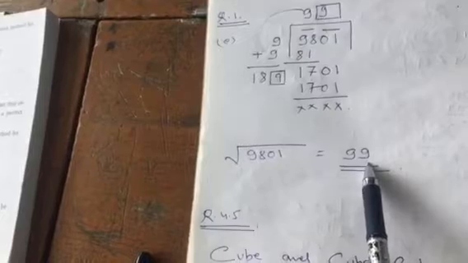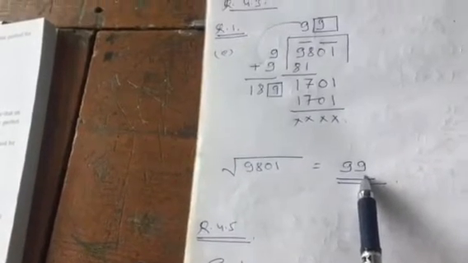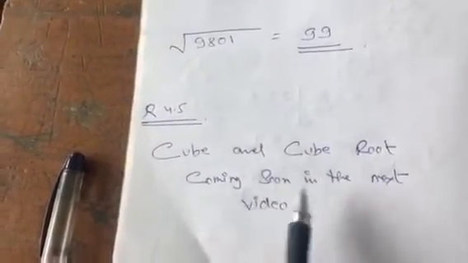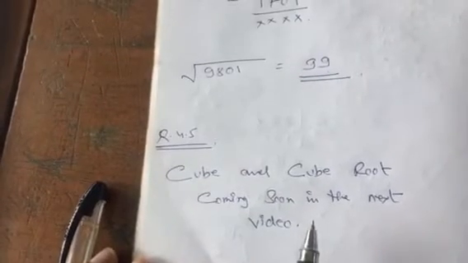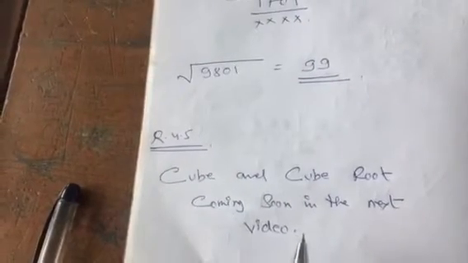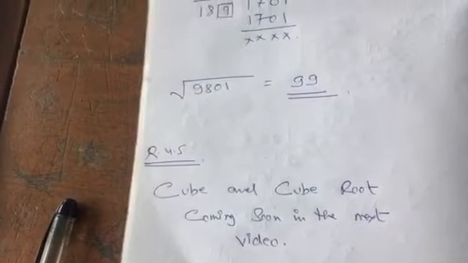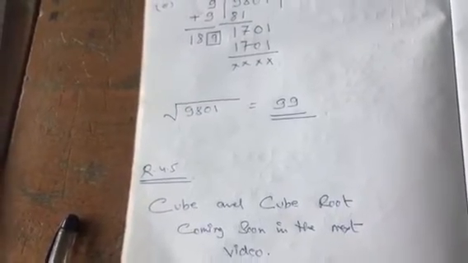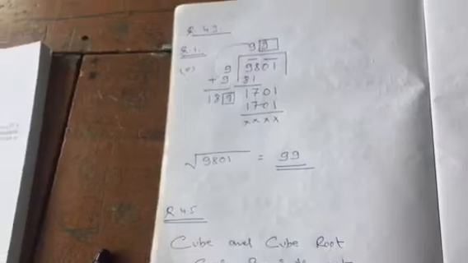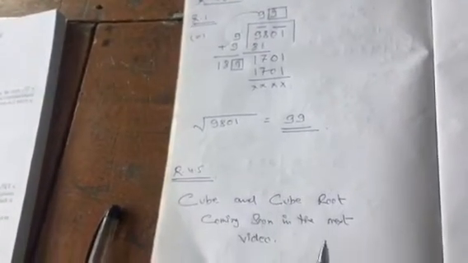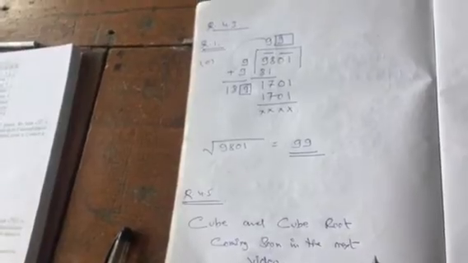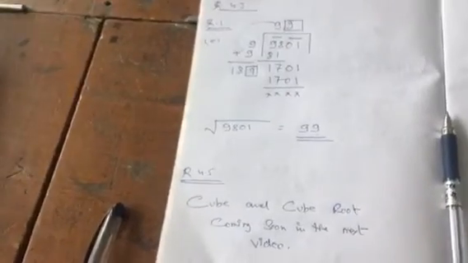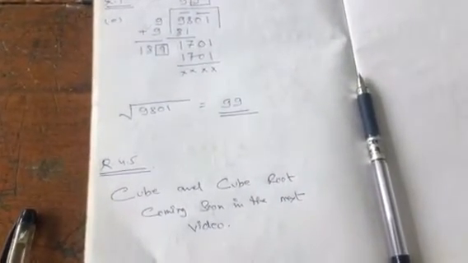I know I have gone a bit faster in this video, and especially for class 8 I will come back again and do this portion. As you can see, cube and cube root are coming soon in the next video. This will be the last video for class 8, which will be uploaded this coming Friday, as per your new routine. So for class 8 you can especially start with exercise 4.2 question number 1 and 2 all, and exercise 4.3 question number all. For the time being, it is good to begin somewhere here. For class 7 we have finished this chapter, and for class 8 we still have to do the cube and cube root portion once again.